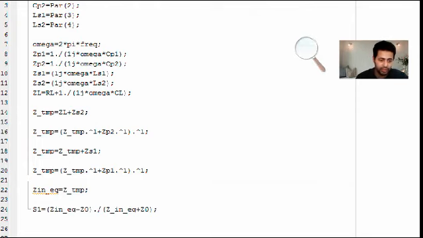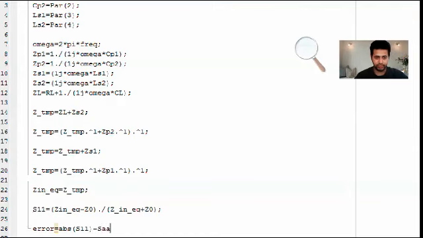And we're going to define our error as the absolute of S11 minus S11 goal. So we want this S11 to be less than S11 goal. That's why